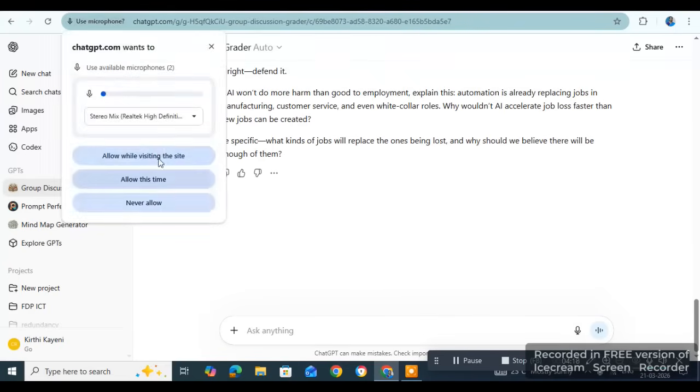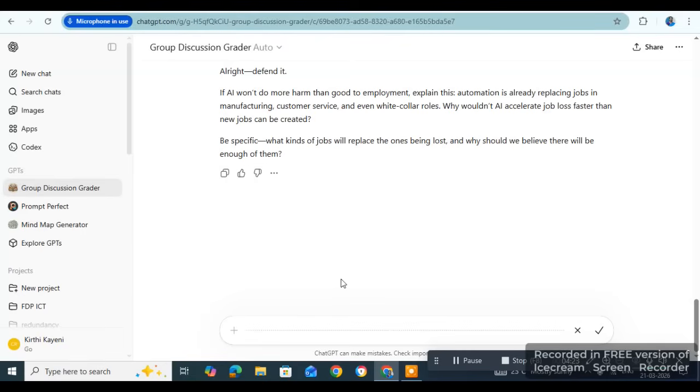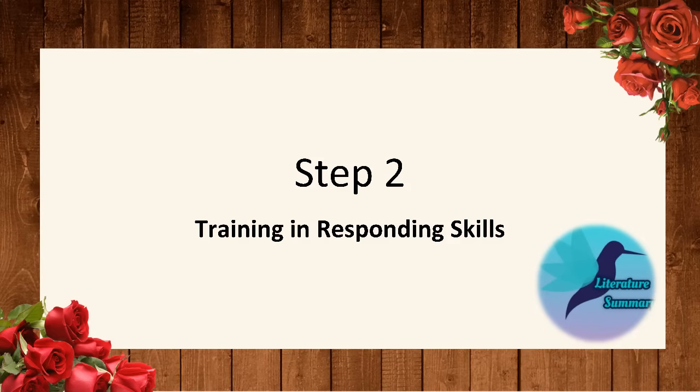So why do I use this plugin? The results are better when I use this plugin, and the prompt is very important. Otherwise, at each step, it is going to tell you your response, your challenge, and all these kinds of stuff. So you better use the plugin, or even in normal ChatGPT you can use it, but make sure to use the prompt.